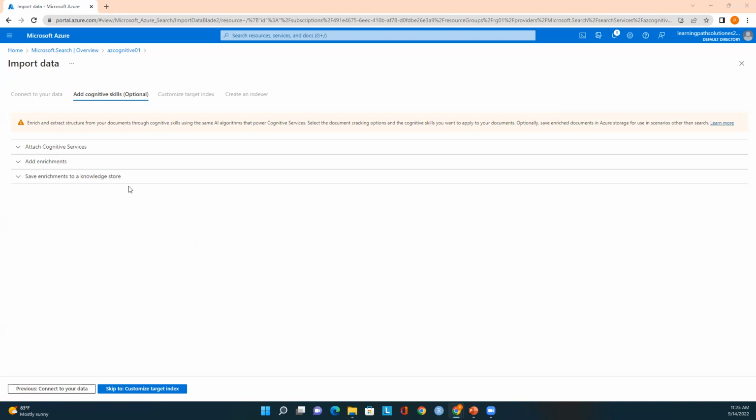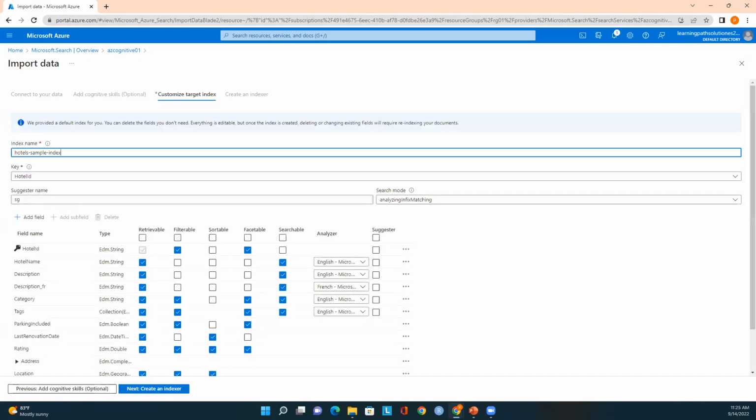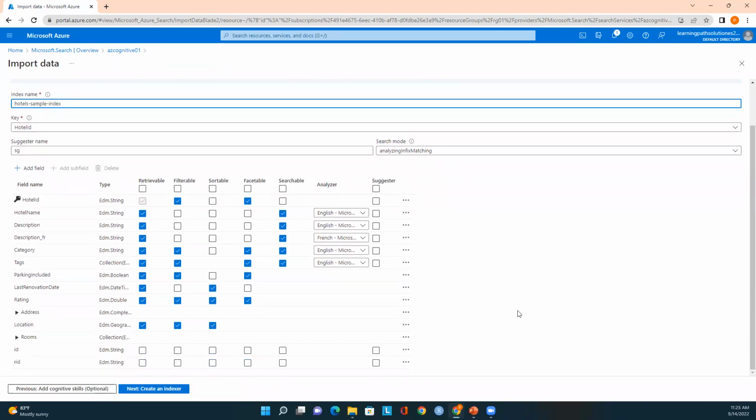And everything looks good. I will just leave default and skip to customize target index. And here you can see that we have many options on the left. You see my cursor on field name. We just use that hotel dataset, and we have the fields available: hotel ID, hotel name, and hotel description,